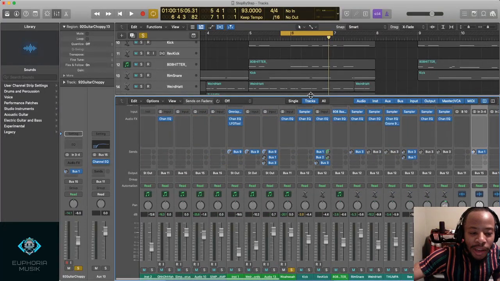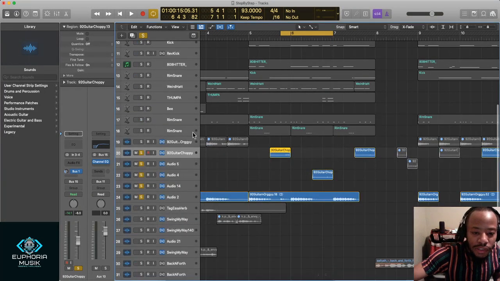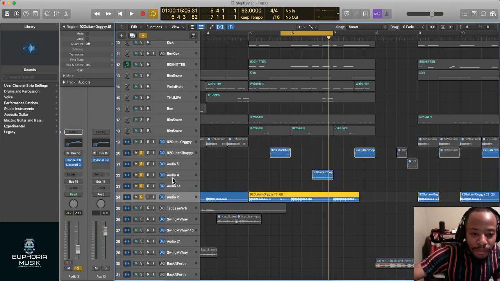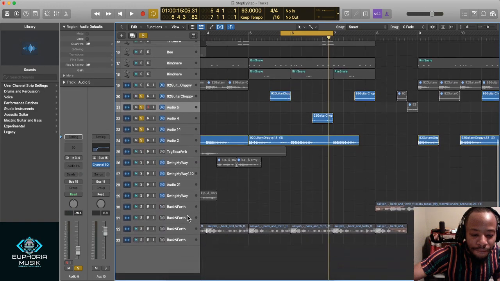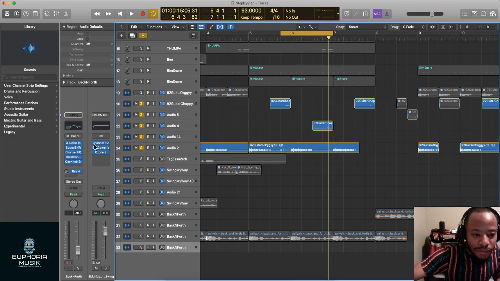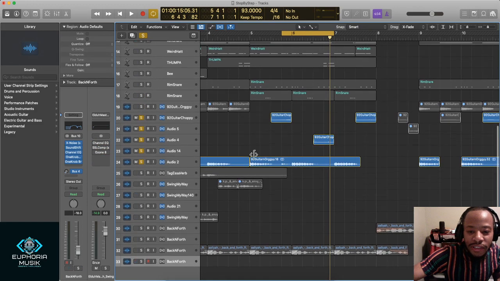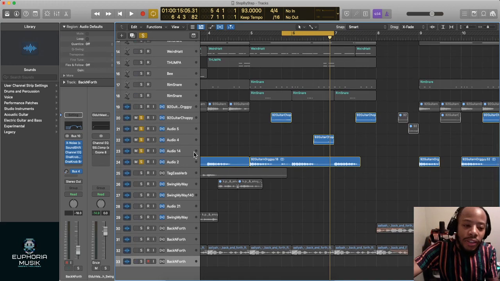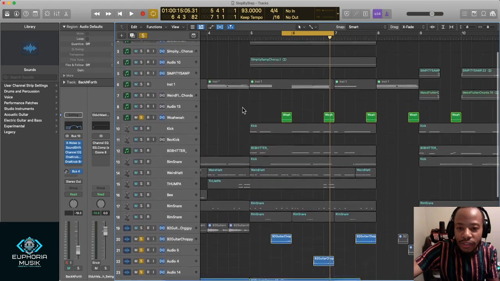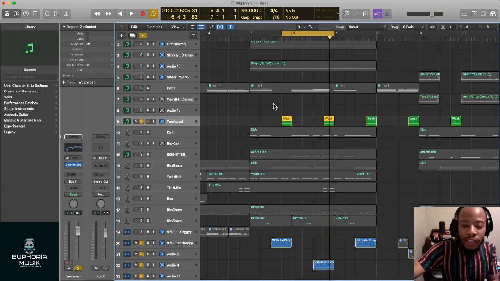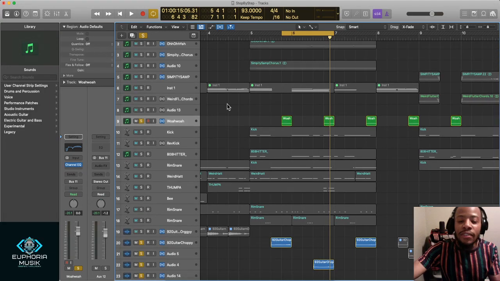So let me take my mastering chain off so things don't come up too loud. There we go. So I mix really low. This is how it sounds without any of the mastering.